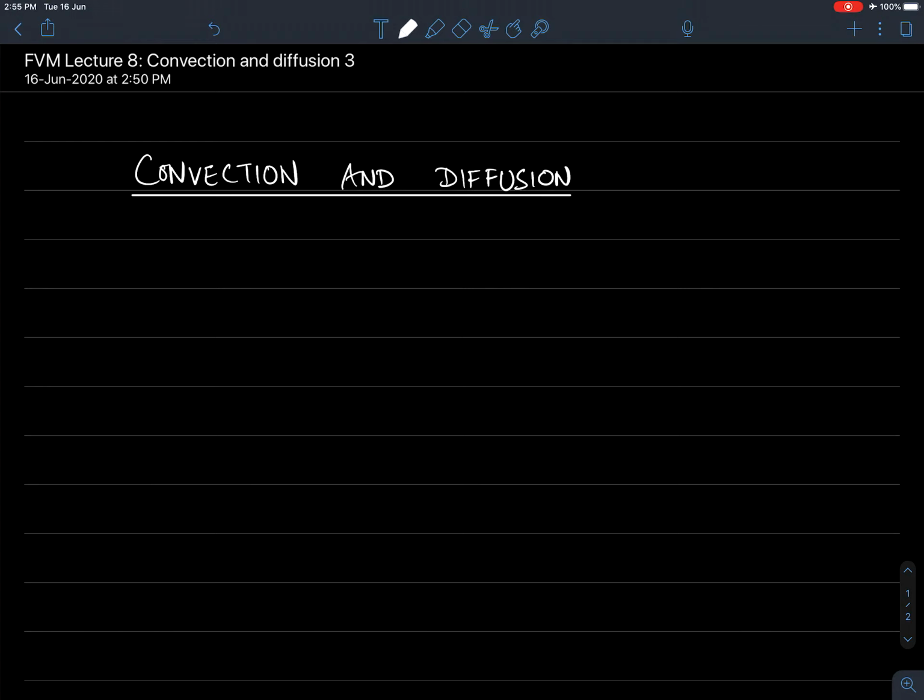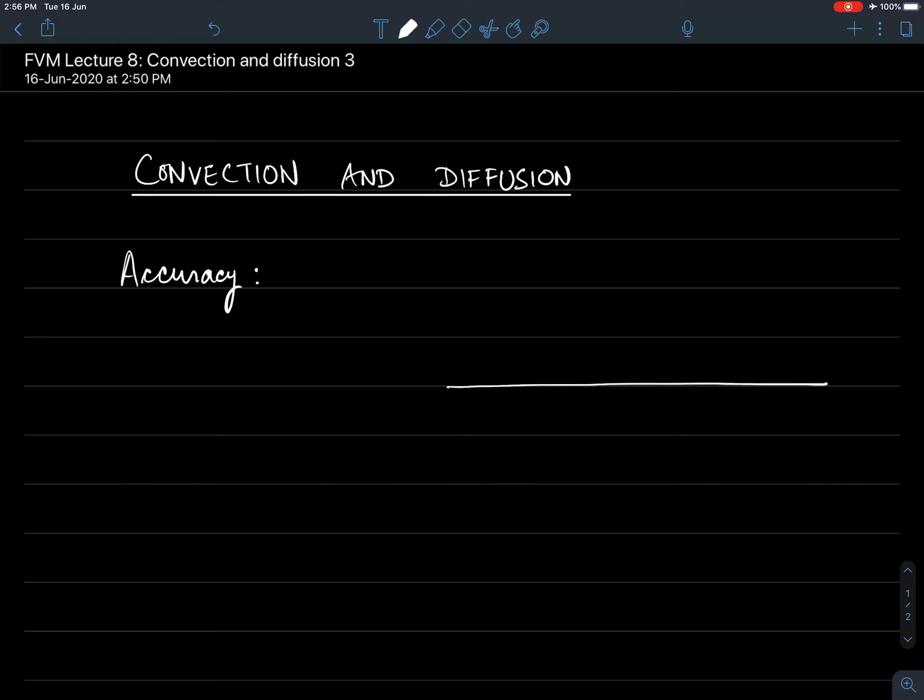So we'll continue from where we left off last time, and today I'll actually talk about certain accuracy issues associated with all the schemes that we saw in the last lecture, and we'll finish the lecture by developing the two-dimensional form of the convection diffusion transient equation. So the lecture I'll begin with looks at accuracy, and to consider accuracy, let me take a simple example.